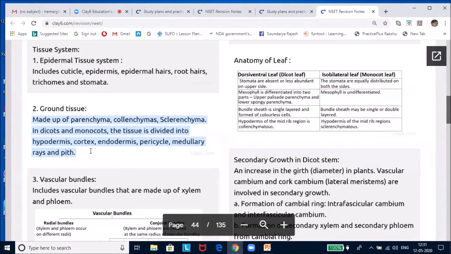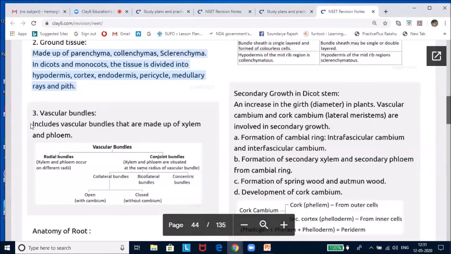Now, the vascular tissue system. Vascular bundles are made up of xylem and phloem. The individual structures we have already studied above. Cambium is present in dicots between xylem and phloem, and it has the ability to form secondary xylem and phloem, resulting in secondary growth. Hence, dicots are said to have an open vascular bundle. Monocots lack cambium and hence do not show secondary growth and are called closed vascular bundles.